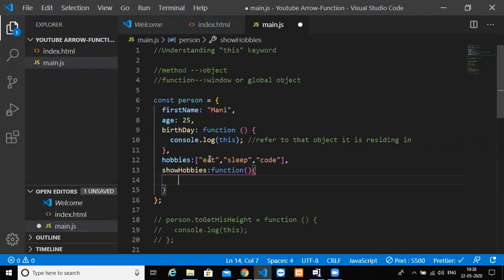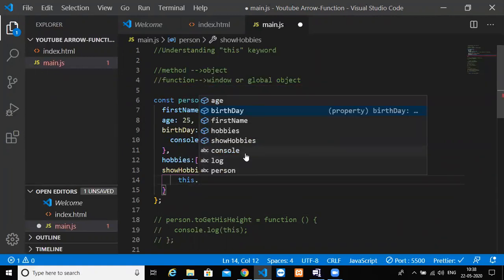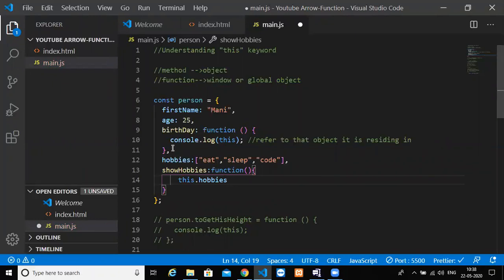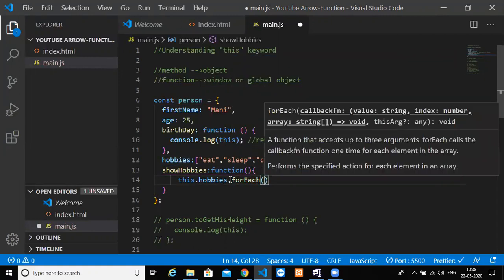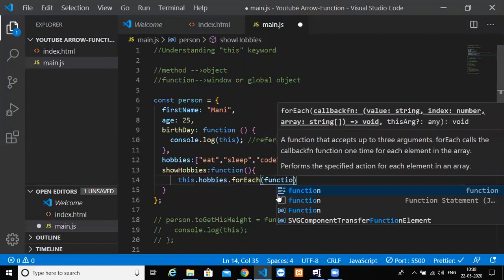Okay. So how can I do it? this.hobbies refers to the hobbies inside the object, and then I have a method in JavaScript called forEach, which will loop through your hobbies array and get you individual hobbies. forEach will take a callback function.